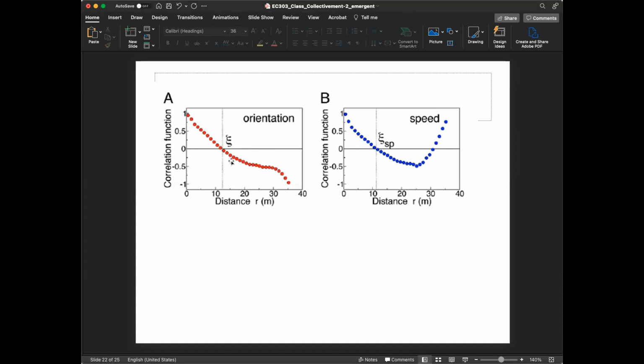Let me ask you the following question. We have measured xi. Let's say this was for a flock size of 1,000. If you now measure xi for a flock size of 100, what do you think the xi will be? Will it be smaller? Will it be larger? Will it be the same? You can make a guess. I think it'll stay the same.